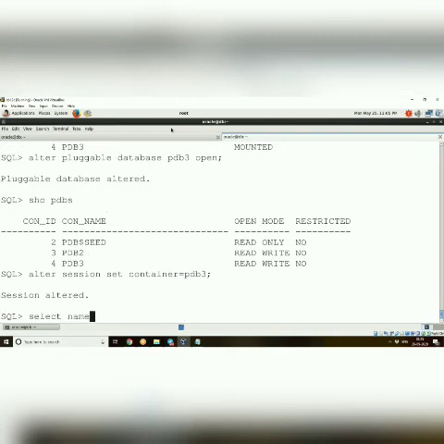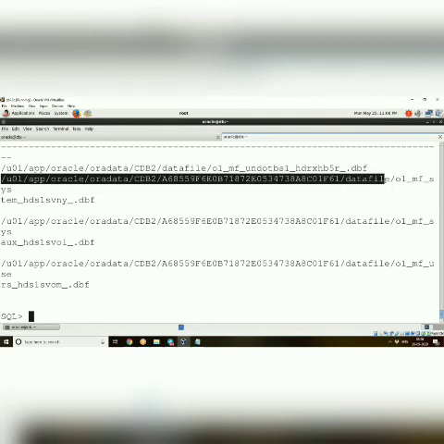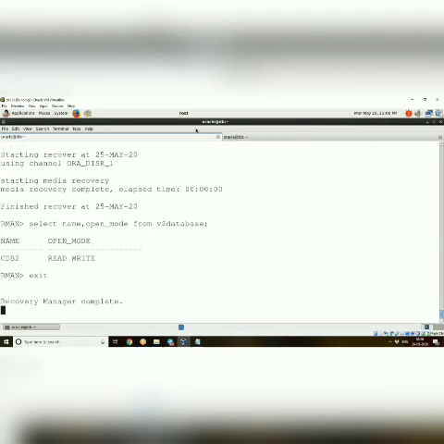So now what I'll do, I'll try to remove the system data file itself, because in the previous scenario, we removed the users data file only, that is, the non-system, user-created data file only. So now I'll try to remove the system data file itself. Now we'll see what happens. Okay, so we'll go under this location. So I'll come out of RMAN. I'll go to this location. Okay, and I'll remove system.